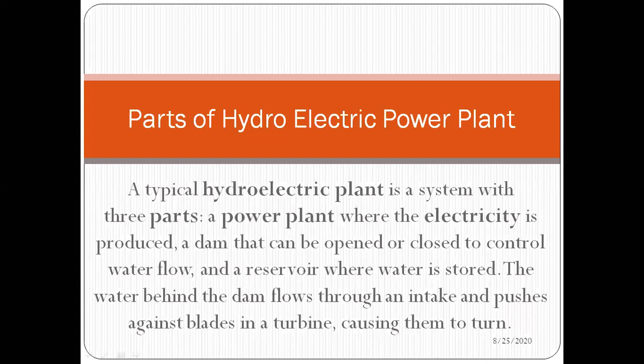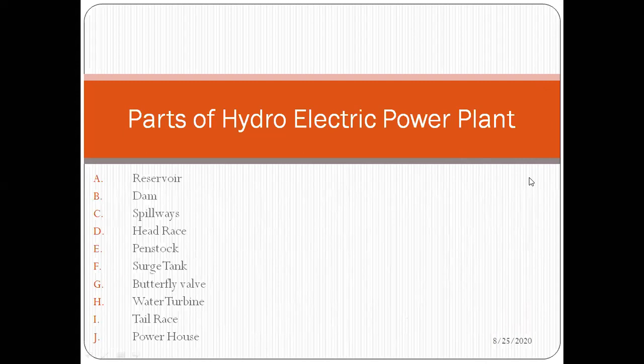The water behind the dam flows through an intake and pushes against the blades in the turbine, causing them to turn. So these are basically the three main parts of a hydroelectric power plant.